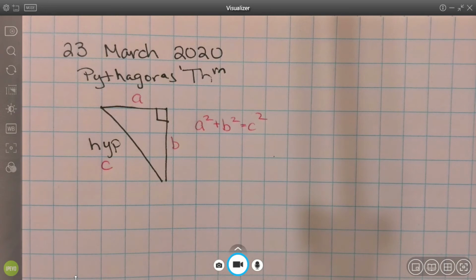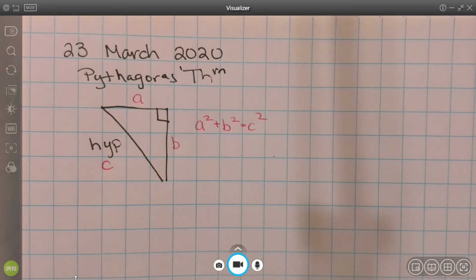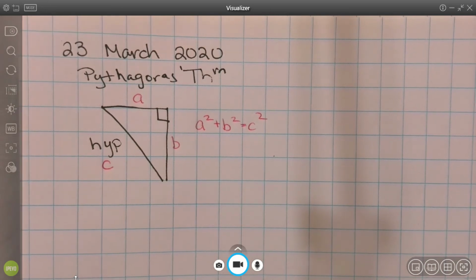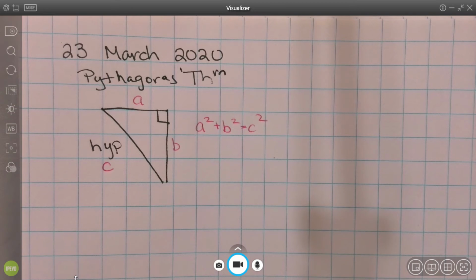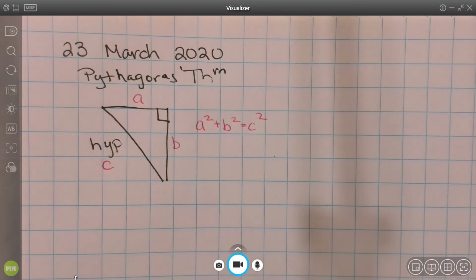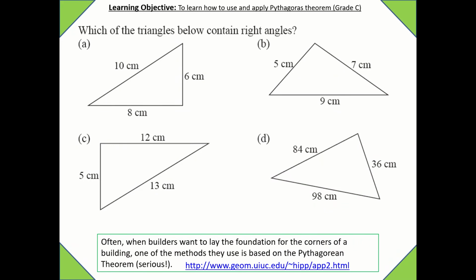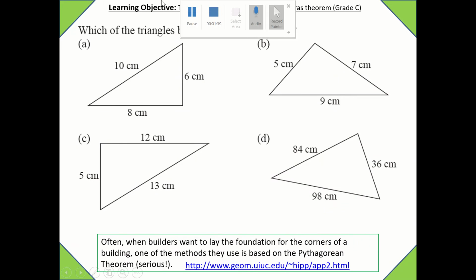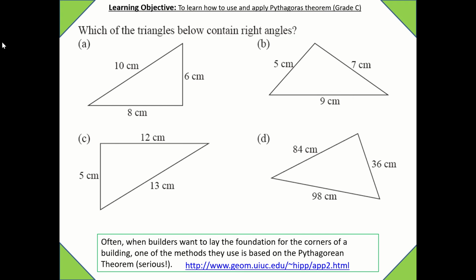What we're going to do now is I'm going to give you some problems as your starter, where you're going to need to use this formula to determine if the triangles I show you are in fact right-angled triangles. So do make sure that you pause the video and try these problems. So we're going to start with the first two. I'm going to show you how I've done them. And then again, I would suggest that you pause the video to correct anything that you potentially need to on